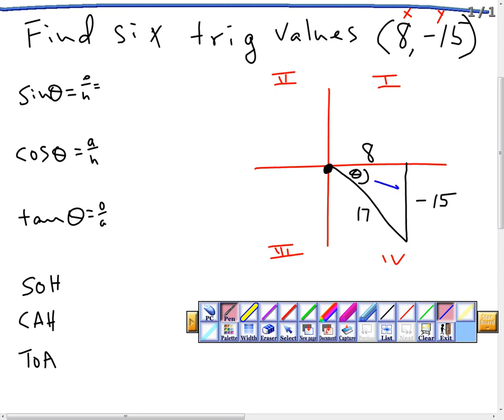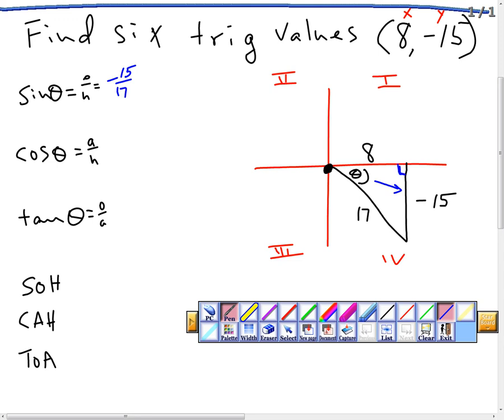Remember now, it's the side opposite angle theta. So even though this triangle is upside down, you're always going to have an adjacent side and an opposite side. So the opposite side would be what? Dylan? Negative 15 over the hypotenuse, 17, right. Because here's your